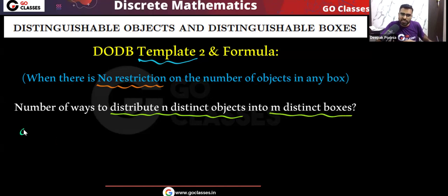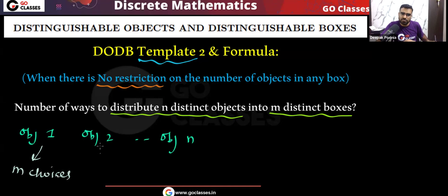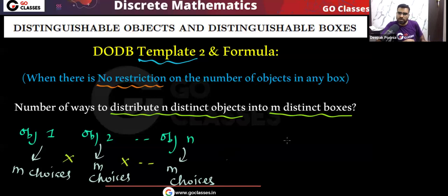Object 1, object 2, and object n. Every object has total how many choices? There are m choices. For every object there are m choices. You can put it in any box. Okay, so finally you can just apply the product rule, and your formula will be m power n. Okay, m into m, total n times, so this will be m power n.